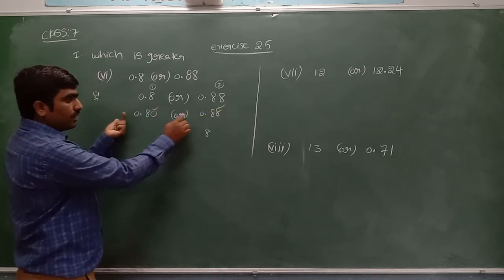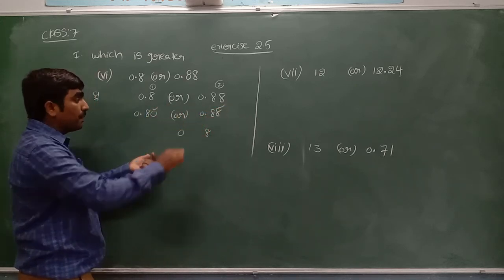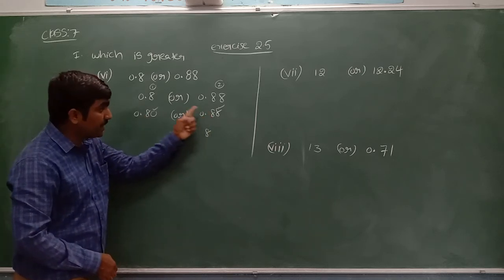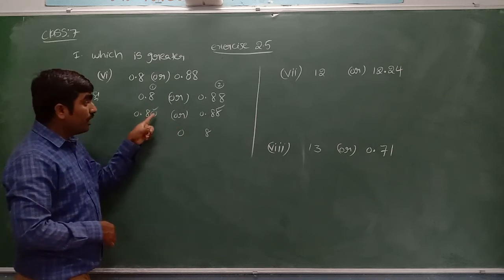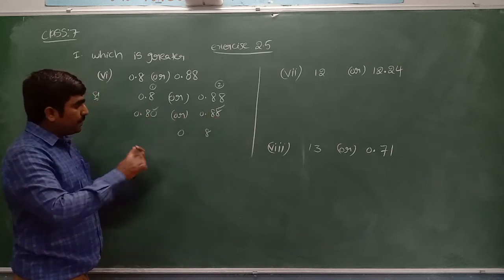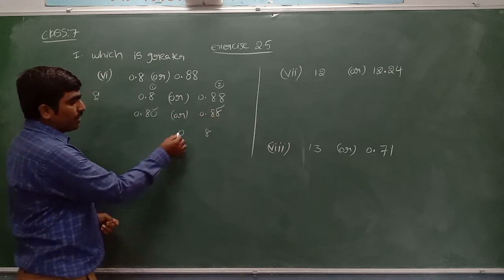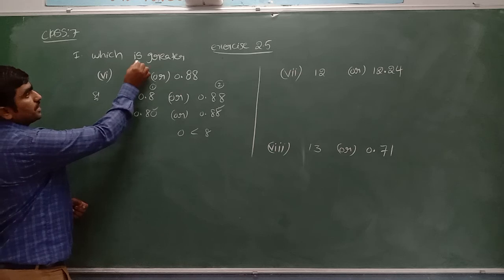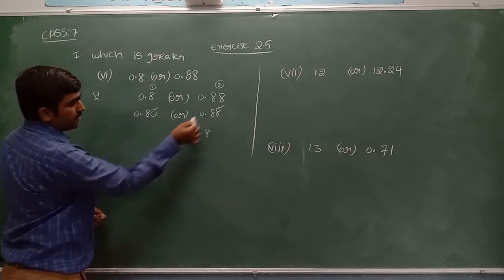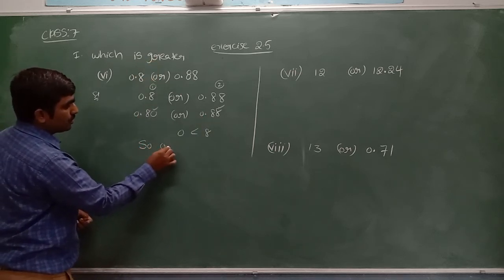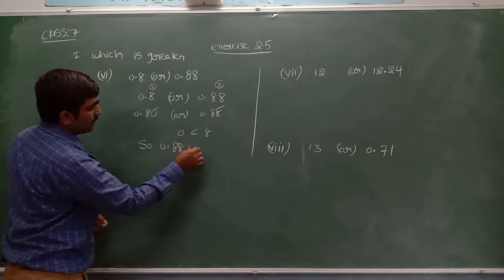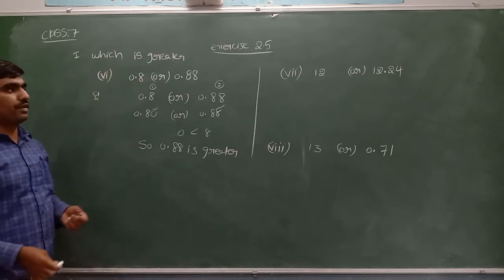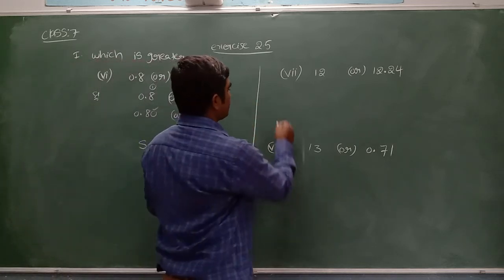Whole numbers are the same, so I went to the decimal part. In the decimal part, I compared the 10th place digit. The 10th place digit is also the same. Then I went to the 100th place digit. In that 100th place, you can see 0 and 8. Which one is smaller? 0 is smaller than 8. So what can we say now? They are asking for the greater. So this one is smaller and this one is greater. So what can we write now? 0.88 is the greater decimal. 0.88 is greater than 0.8. Let's do one more.